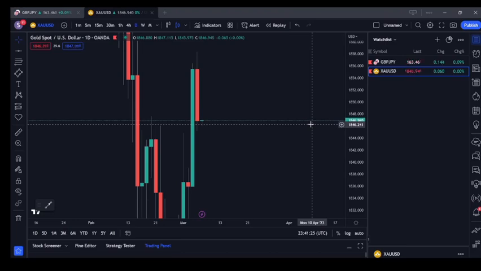Analysis for Tuesday, the 7th of March 2023. We'll be breaking down the chart. I want to show you the exact zones where price could close above for potential buys or close below for potential sells as well. So looking at the previous daily candle closing bearish, forming daily resistance at